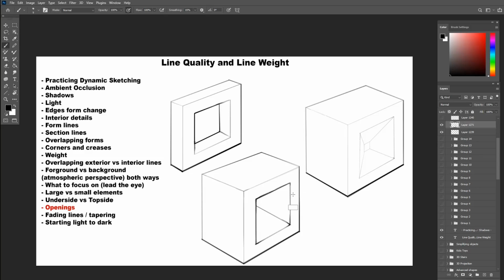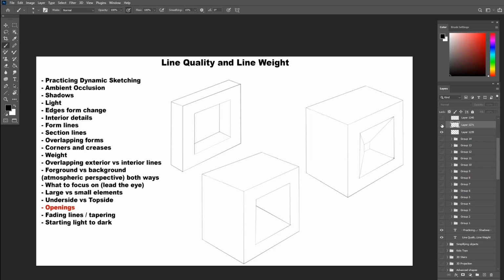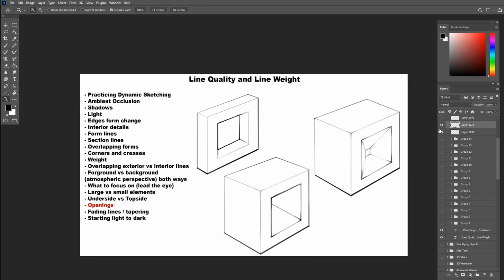For the last example, the interior hole is inside the object. The outside edges of the hole will be all interior lines, with no overlaps, so they will all be drawn in thin lines with some darker shades at the corner. The back side of the hole will have the interior lines as well, with a little bit thicker lines since it's more in the shadows than the other parts, since they are inside of the object. And here are all three, with and without the line weight.